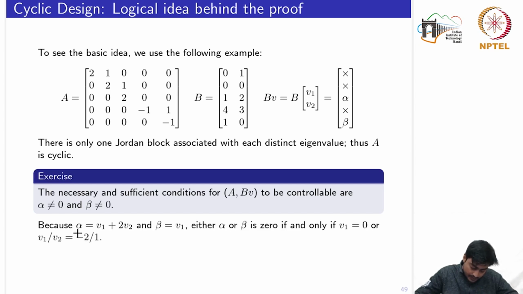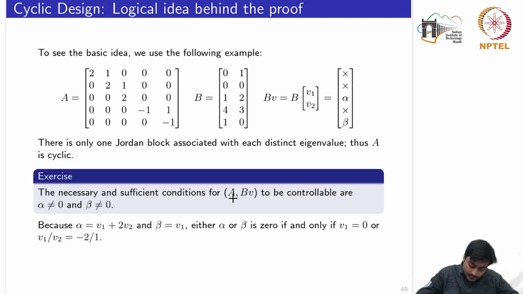So now see, since alpha is given by V1 plus 2 times V2 and beta is nothing but only V1, either alpha or beta is 0 if and only if V1 is equal to 0, or V1 by V2 is equal to -2. You can see readily that if V1 is 0, beta would straightforwardly be 0. If beta is 0, then the pair A comma B times V is not controllable